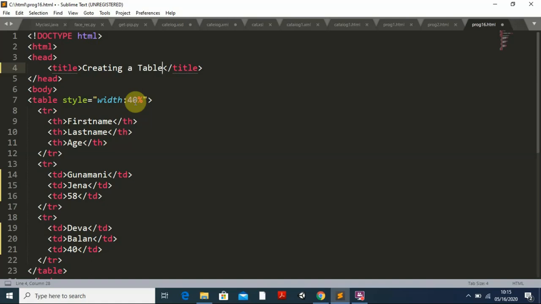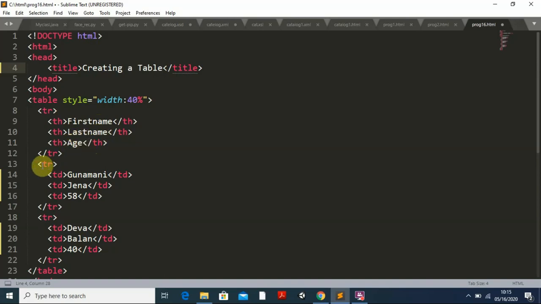Okay, then under this table tag I have taken, under this I created one row, that is the tr, and here also the closing tag tr. That means I am creating one row. In this first row I am creating some heads. What is the table heading? It is just like the attribute names: the first name, the last name, age, all the things I am giving. This is one row of data created. What is the first cell? What is the first value? That is the first name. Second one is the last name. Third one is the age of this person.